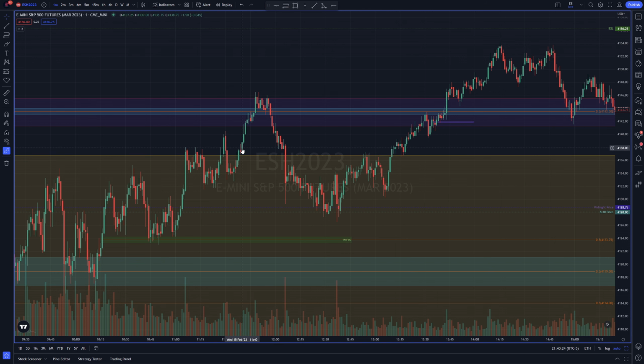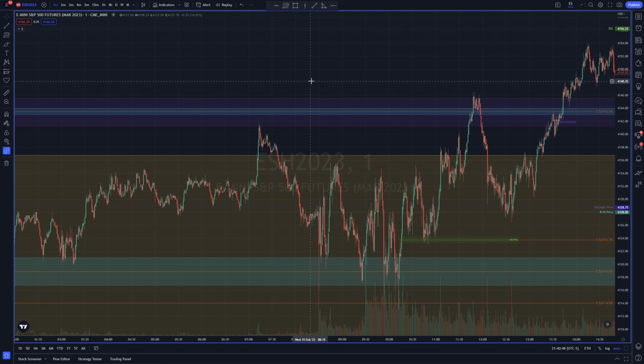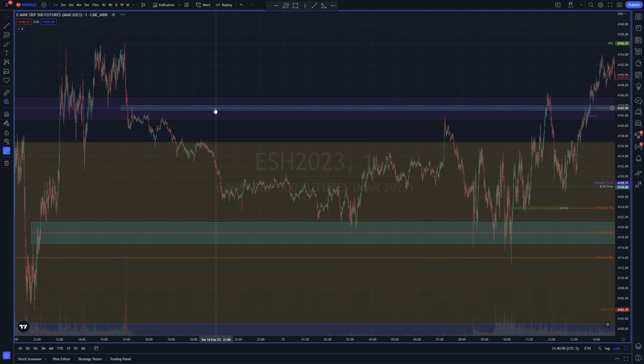So the second entry, this was all just based on time and a significant target hit, right? So second entry is this. We come up and we go through this gap, right? We go through the 15 minute. We punch through and don't do much more displacement. And we do take this little swing high, but